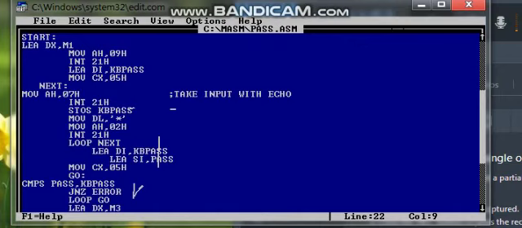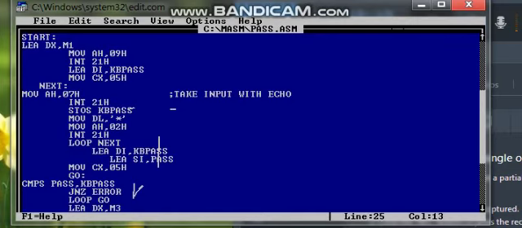The source string is in the data segment and the destination string is always stored in the extra segment. The effective address of the source string is in SI and the destination string is in DI. So here the effective address is loaded into the DI register. The counter is taken as 5 because India contains 5 letters.